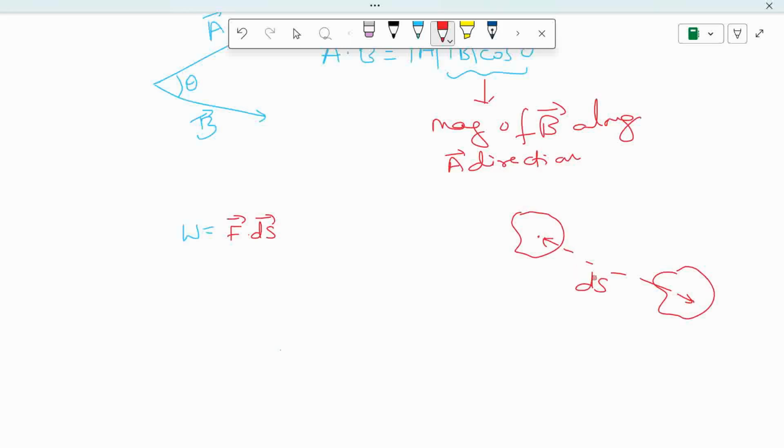We have to consider displacement vector only. It is moved in this direction from position 1 to position 2. So the dot product is like this, force times, sorry, not ds, it is